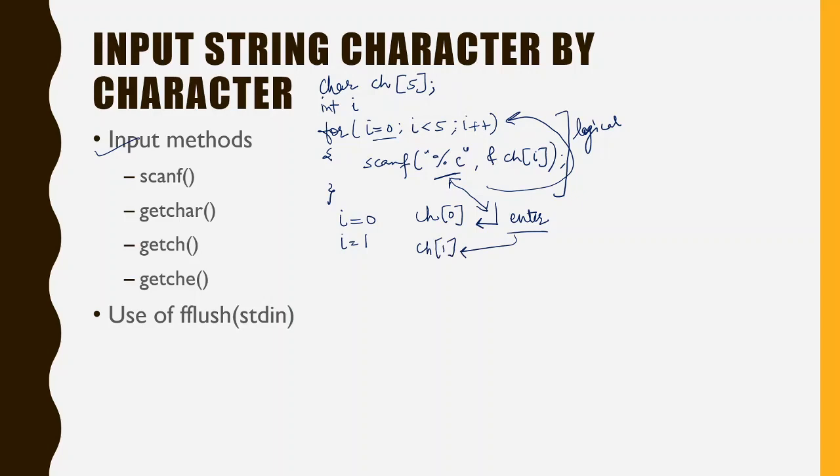The next element would get input from this enter, so it would not ask for a new element, and it will directly jump to i equals to 2. Then the next input element would be taken for ch2, and then there would be an enter left over for that. Enter is pressed to complete the scanf command. Either you give enter or you have to give some space. In both cases, this enter or space would be used for the next element. So for i equals to 3, this enter would directly come to the ch3 element.